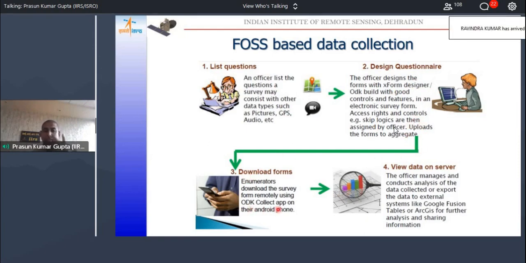You install an app called ODK Collect, and that's it. Then you collect the data. It gets synced in real time to the server, and the person with authentication can view the data in real time, getting updated.